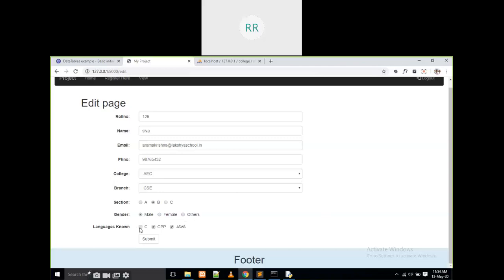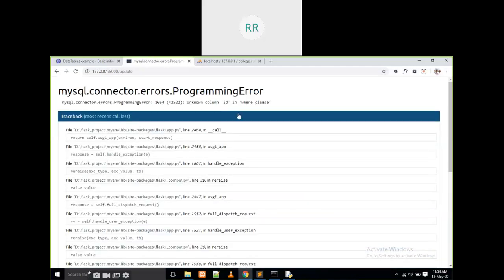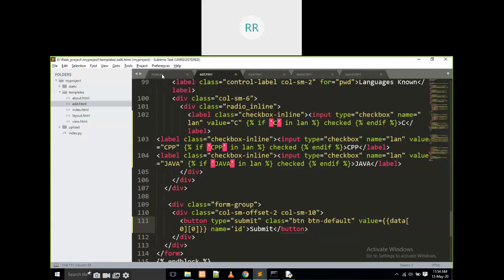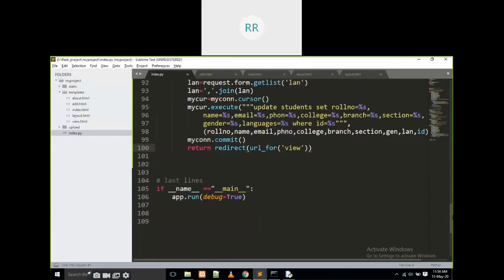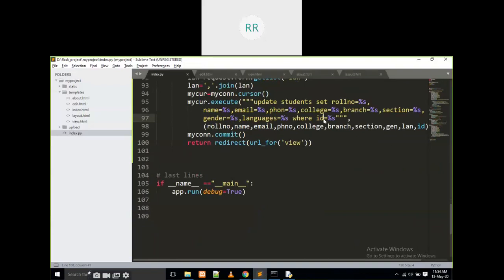Here, if you observe, I'm selecting one more. I'm going to females, and I'm going to C section, and this is going to be ECE. For example, any modifications, I am going to assert. If I click on submit, it will give some error. Okay, I'm sorry, here that is not the ID column. That is SNO.